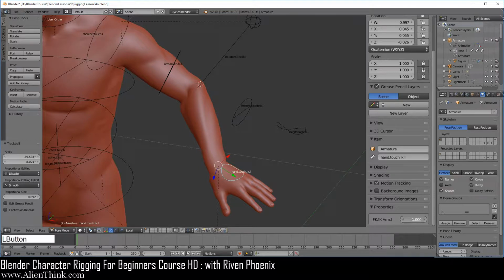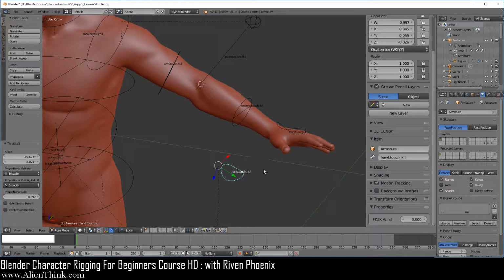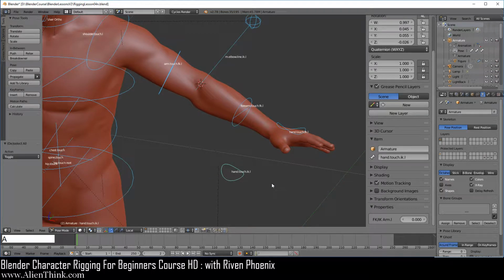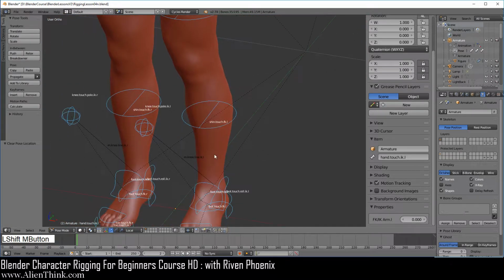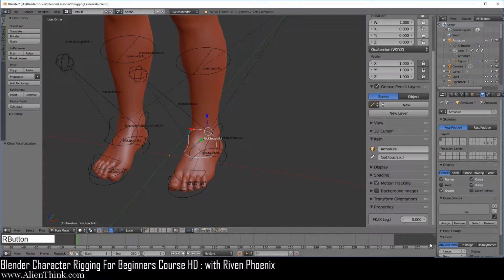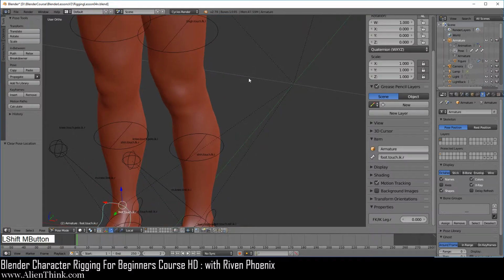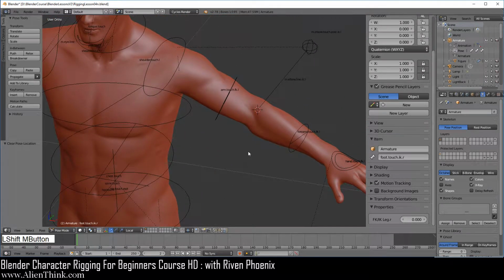So here I'm actually going to turn this off because by default I don't want the IK on, so I'm going to click on this, do Alt R and G, and over here let's go ahead and just click this to make sure that this is on 0 and this is on 0. Okay, so that's all set up.